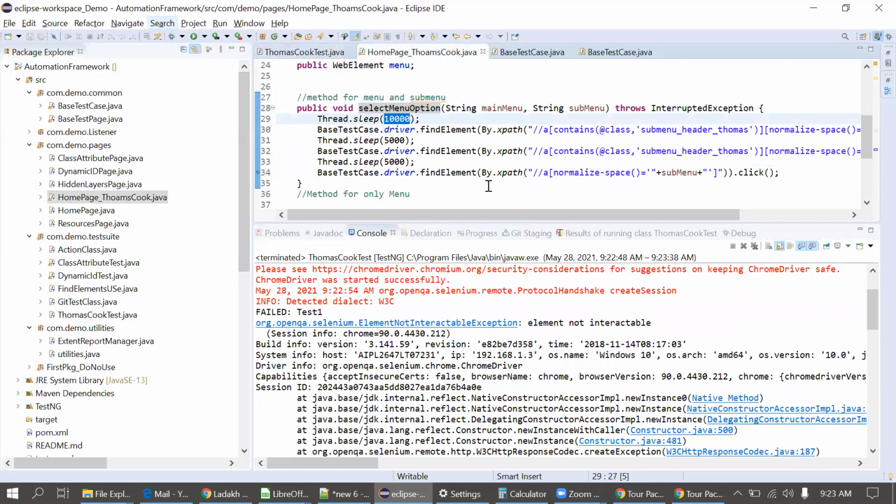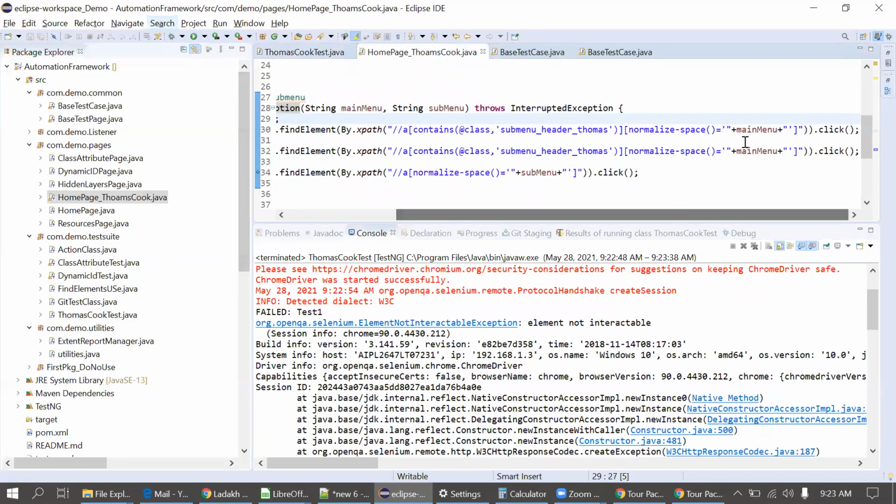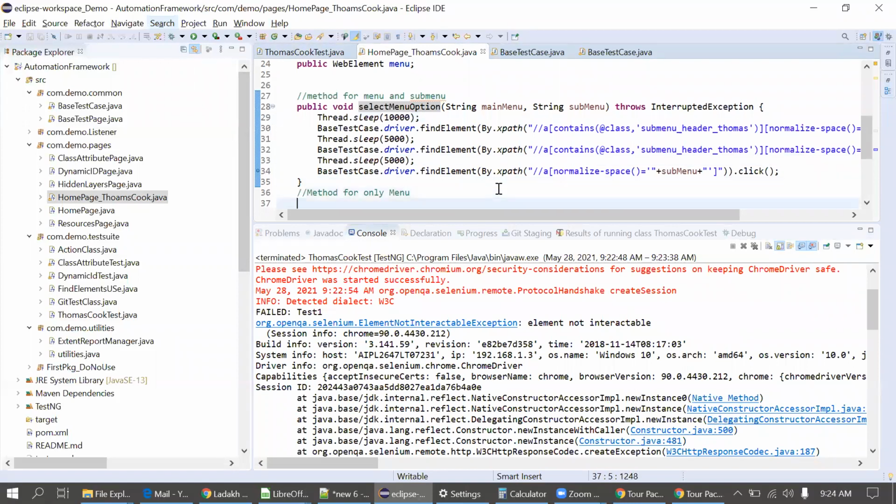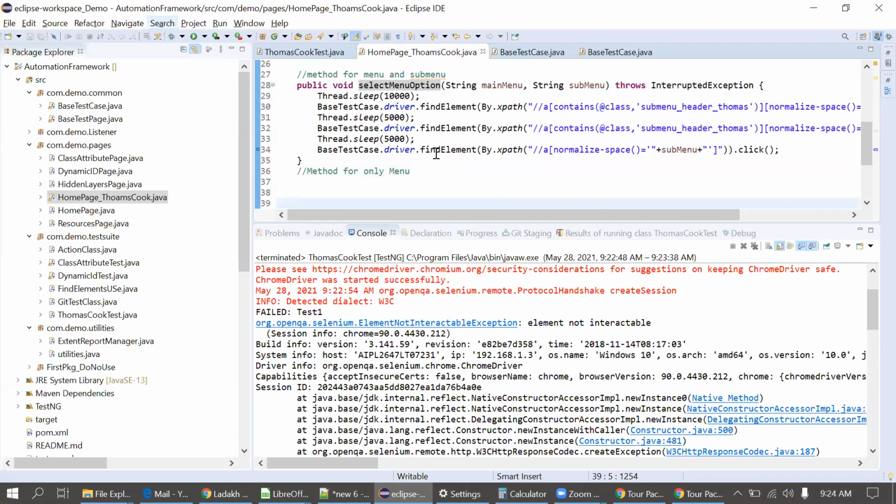So after 10 seconds, then it clicks on this menu. Okay, where is the issue? Okay, I will resolve this and I'll let you know by tomorrow, guys. I think it's taking time, so we should not invest this much time in this single problem. Okay, this is pending at my side. I'll resolve this and show you the alternate solution for this.